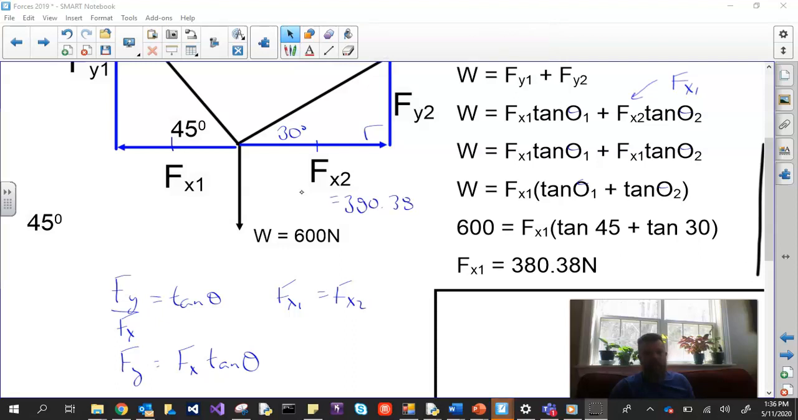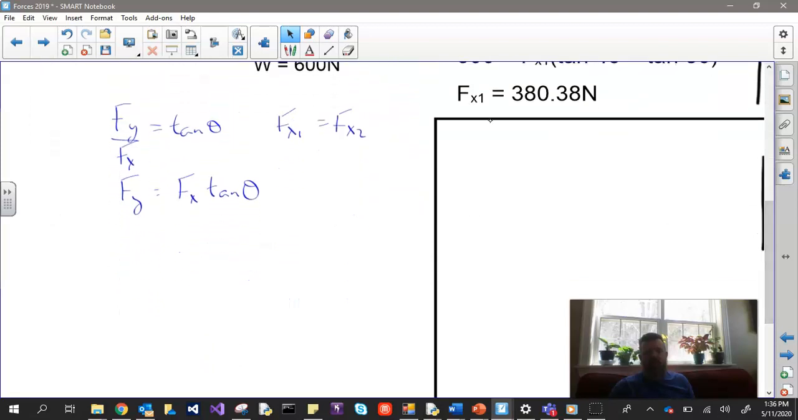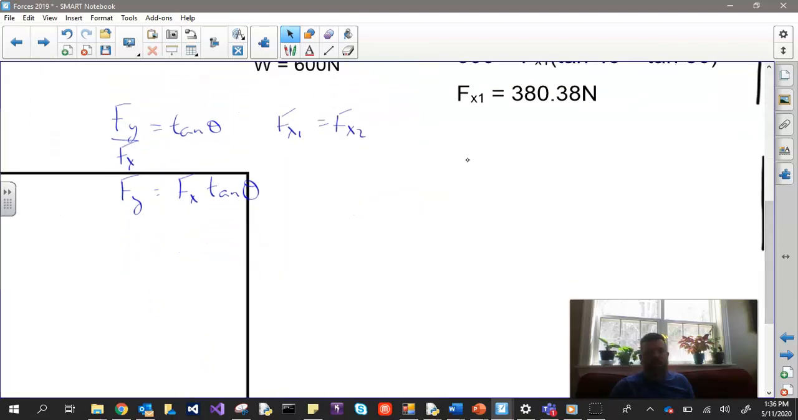380.38 on both sides. But we don't care what we do. Well, we don't really have to worry about that. What we want to know is what is Fy1 or F1 and F2. So knowing that,